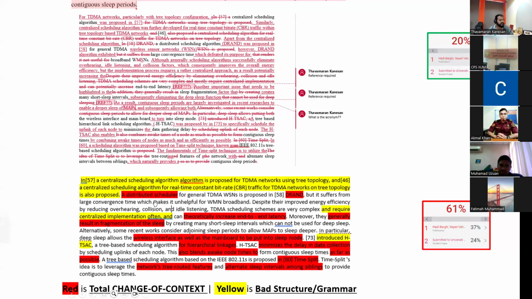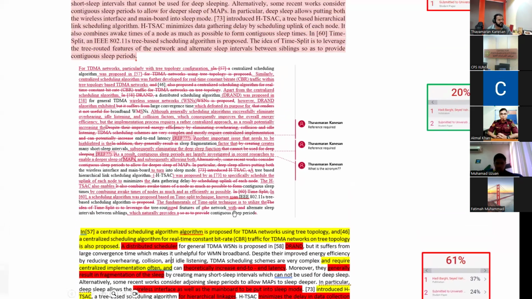A distributed scheduler for general TDMA WSNs is proposed in 58 DRAN. A distributed scheduler for general time division multiplexing access wireless sensor networks is proposed in 58 DRAN. This is how the spin, the first spin, put things here and there to break the Turnitin chain. Now, if I go back to the original content,